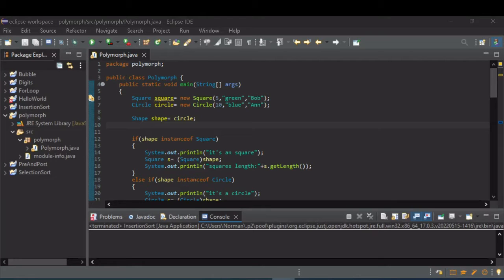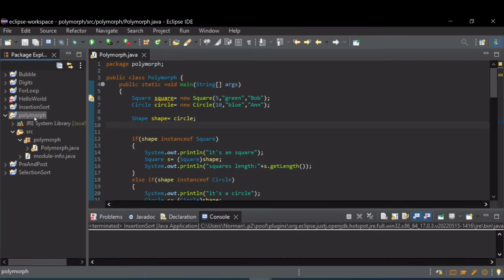I want to show you how to add a new class to a Java project. If you're using an IDE as you should be, this is really simple. And you want to use the IDE to add the class so the package and everything works out. So using my polymorph example, and I'm in Eclipse, if I wanted to add a new class to this project, it's